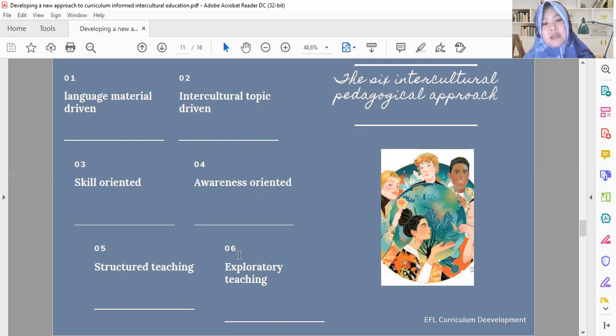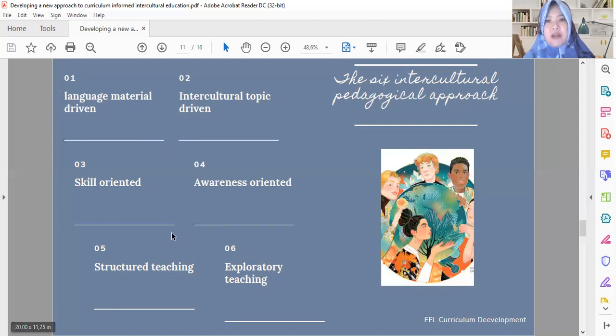So the teacher tends to explore their teaching activity by conducting various activities such as inquiry, project-based learning, or doing some projects, so that their students can explore more about intercultural education, not only in the classroom.